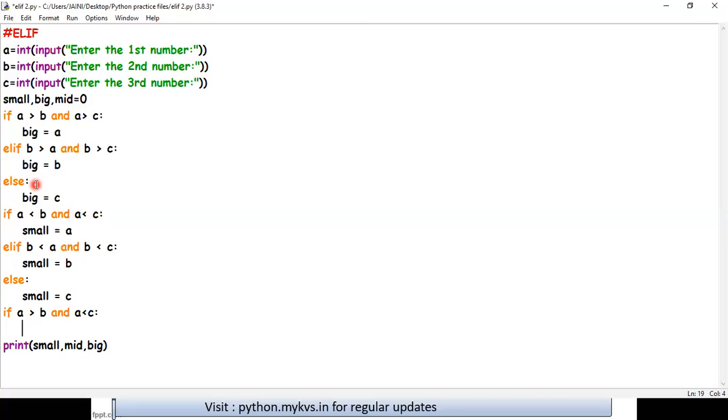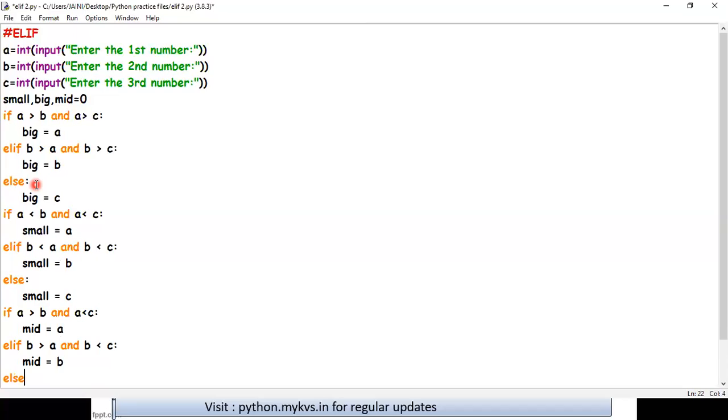If A is greater than B, but A is smaller to C, that means the middle number is A. Else if, sorry, B is greater to A and B is less than C, in that case, my medium number equals to B.